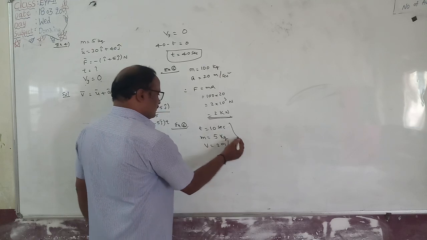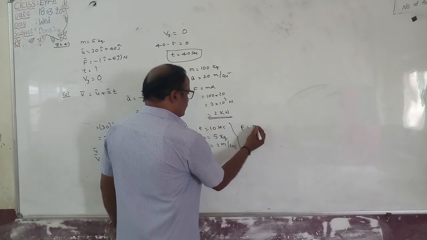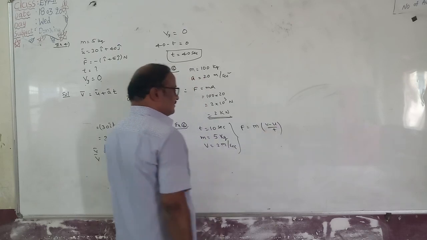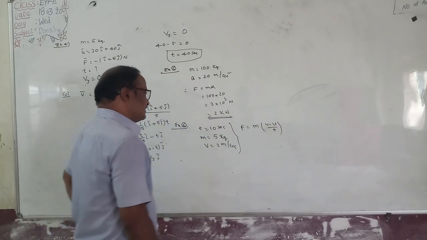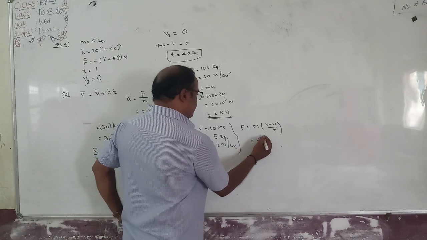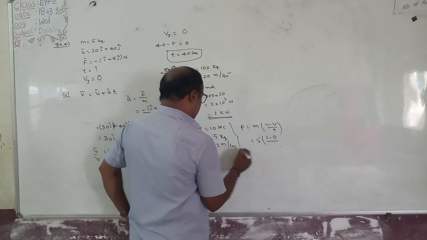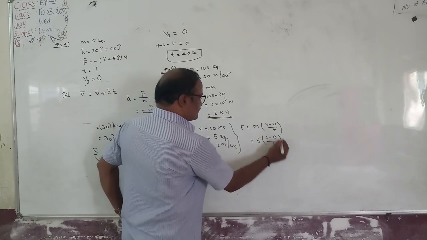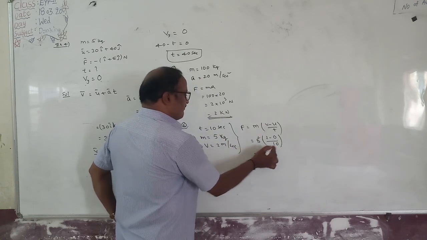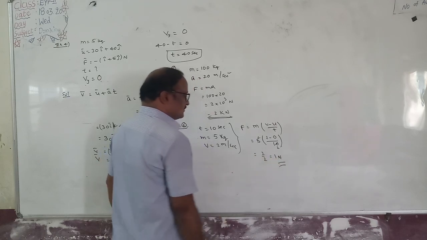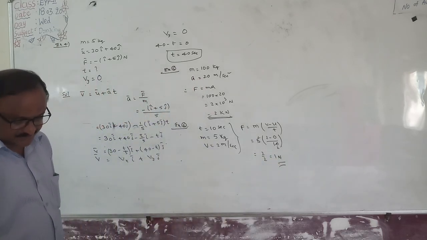Very easy now. Force F is equal to m into a, where a is equal to v minus u by t, the rate of change of velocity. That is equal to m, which is 5, into v, which is 2. Initially the body is at rest, so u is 0, in a time of t equal to 10 seconds. So that is 5 ones are 5, twos are 2 by 2, that is 1 Newton. F equals 1 Newton.